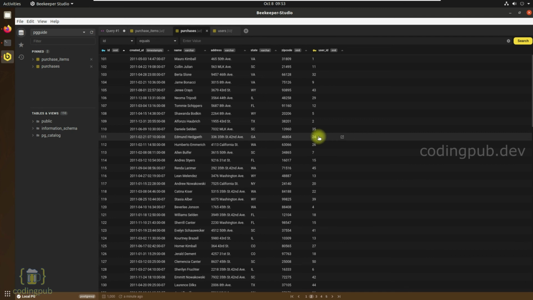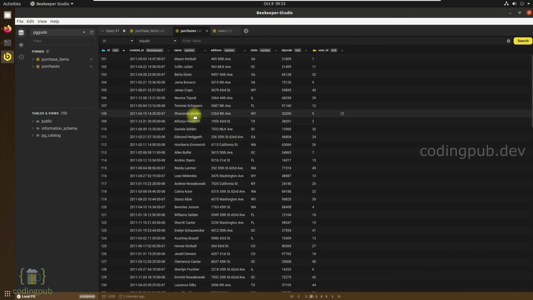If we want to edit any entries in the database table, that is also possible. Let's say that you see a wrong value in one of the fields and you want to edit and change it right away. What you need to do is just double click on the field you want to edit.